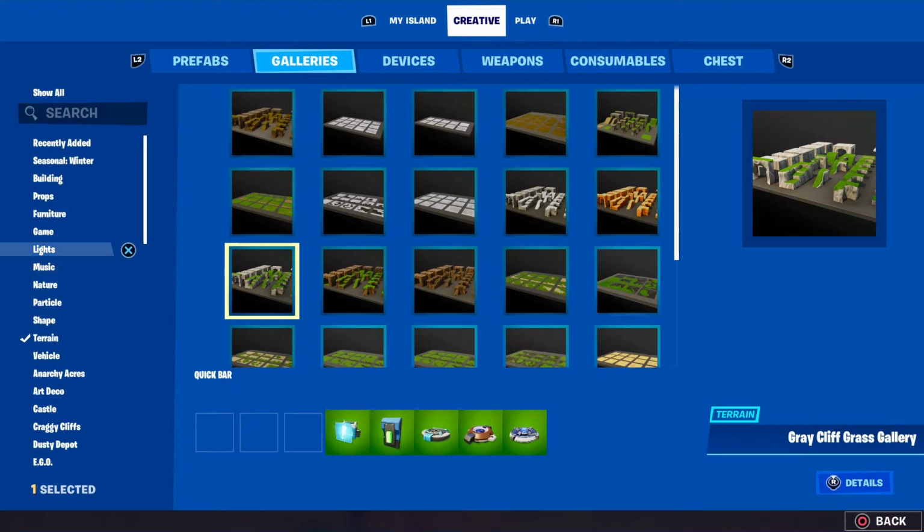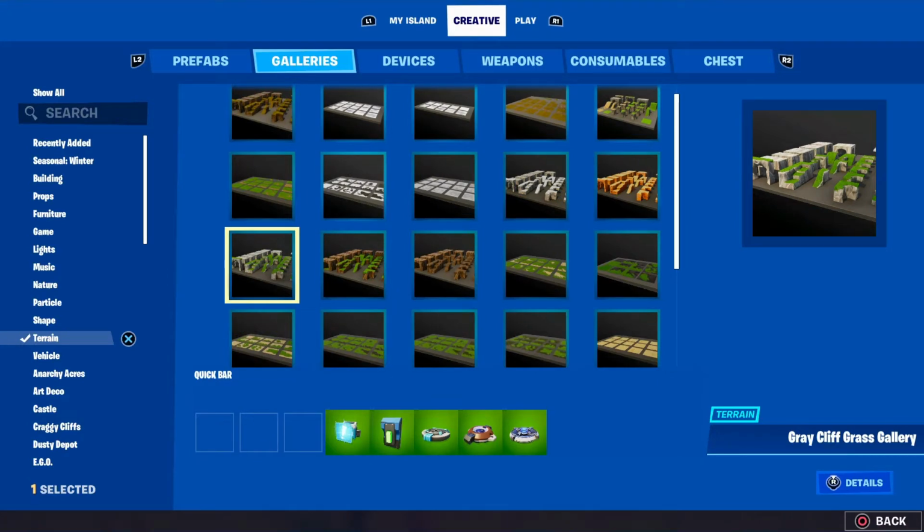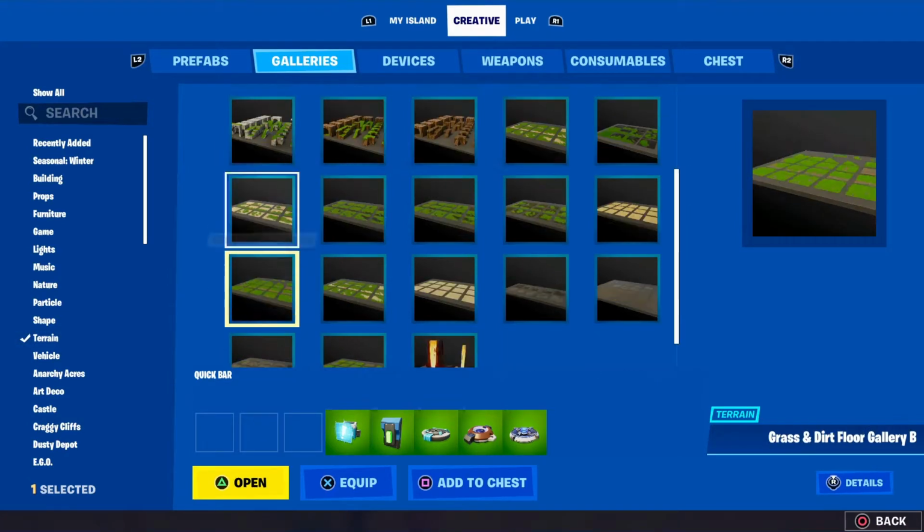Okay, so the first thing you're going to want to do is open up your Creative Hub and go on this little sidebar. Now I'm going to unselect it real quick so you can see what I'm talking about, but if you scroll a little bit down this sidebar, you should see a little tab that says Terrain. What you want to do is click on that tab, and you will be shown all the terrain pieces